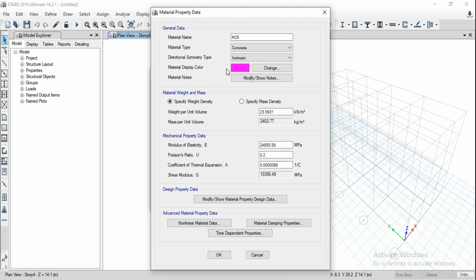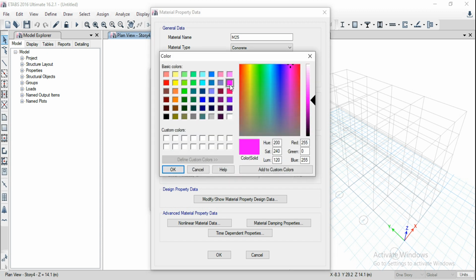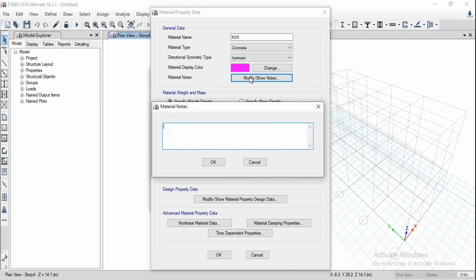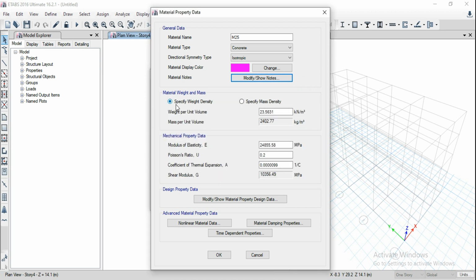And for material display color, if you want to change the color, we can change it. Similarly we have material notes; if you want to give any notes for the material, you can give, otherwise no need of this. All the other constants have been applied here by selecting the grade of concrete, and you can click on OK.